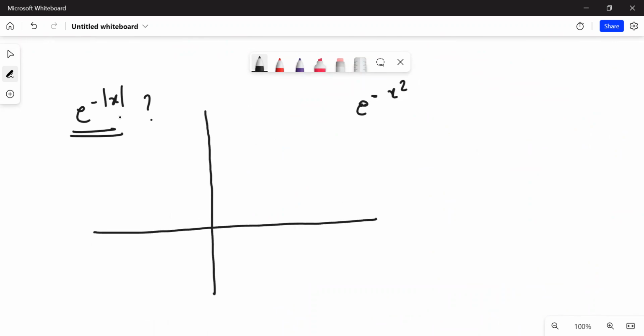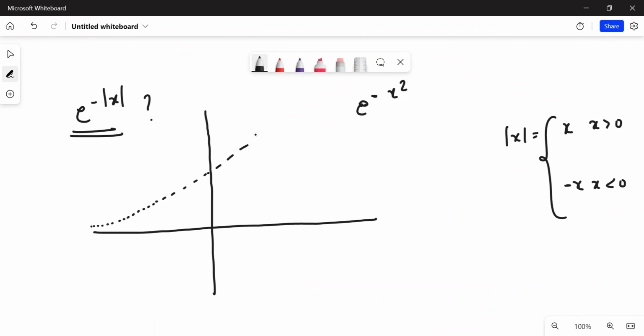तो इसको मैं बनाने का इजी तरीका सिखाता हूँ। देखो e की पावर माइनस मॉड x है ना, पहले वो समझते हैं कि मॉड x क्या है। मॉड x इज सिंपली x if x is greater than 0, it is simply minus x if x is less than 0. ओके, एक काम करते हैं, एक ग्राफ में e की पावर x प्लॉट कर रहा हूँ। दिस इज हाउ e की पावर x इज ड्रॉन। और एक में सिर्फ e की पावर माइनस x का प्लॉट कर रहा हूँ।